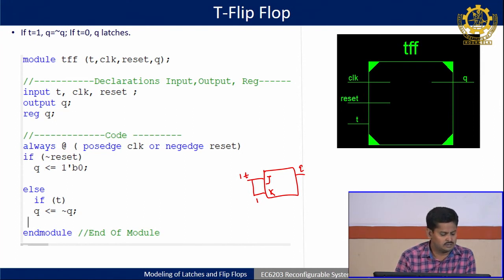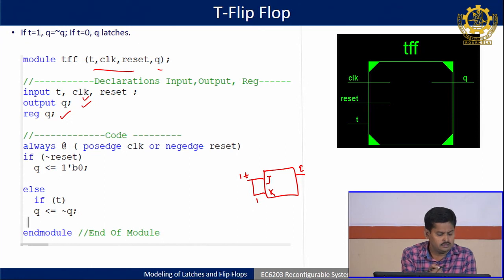In some codes you will find people write the condition for T is 0, but if you do not write it, it will also latch, due to that property of if else. If you are not specifying the else part, it will latch the value. So we have taken T, reset, clock as the 3 inputs and Q is the only output. Input output defined, then we have defined Q as a reg because it has to be assigned in always.